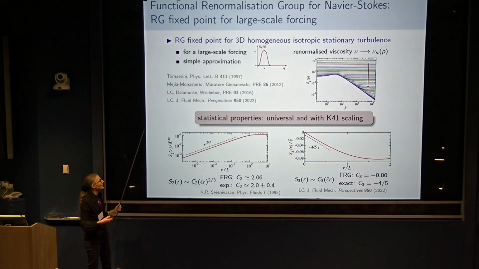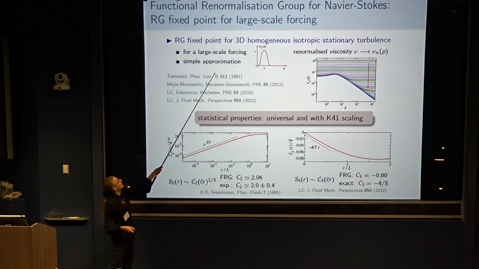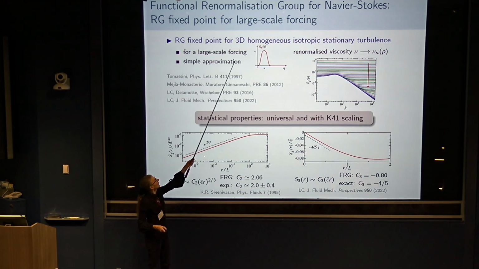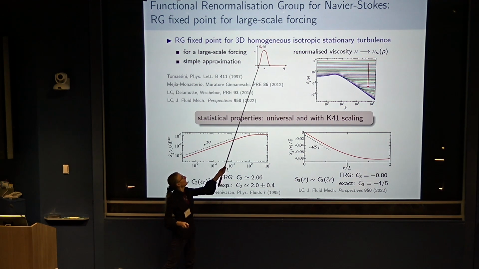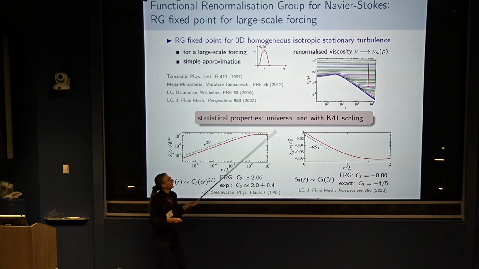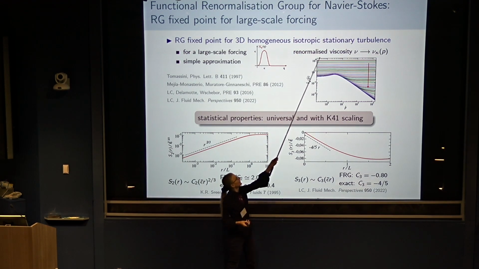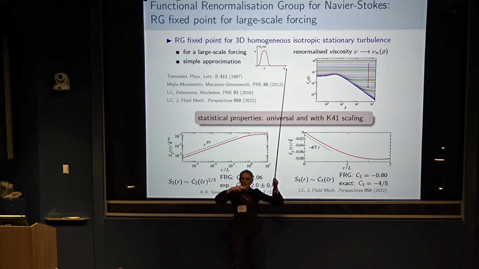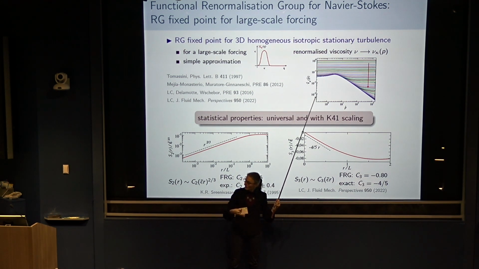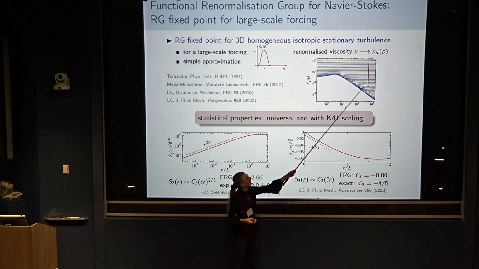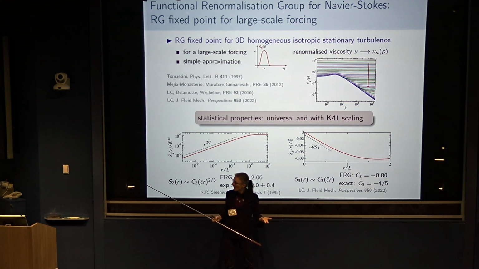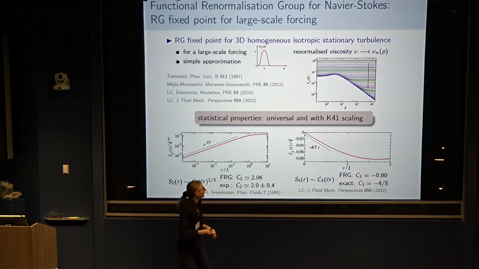So with this, let me state the result that you can obtain in this framework. I think the first result was to show that for a large-scale forcing, so this is in momentum space, a forcing which is concentrated around the large scale, the integral scale, indeed, turbulence corresponds to a fixed point. And for instance, you can look at the viscosity. You start from a constant viscosity, and the effective viscosity that you build becomes momentum dependent. And from that, in fact, you can compute the statistical properties of turbulence that you obtain.